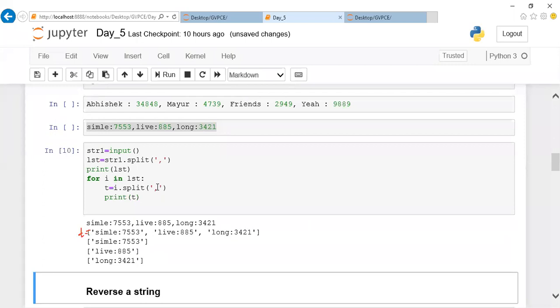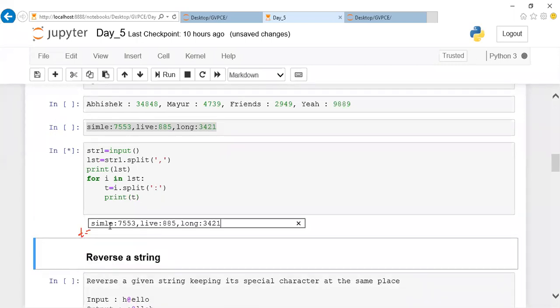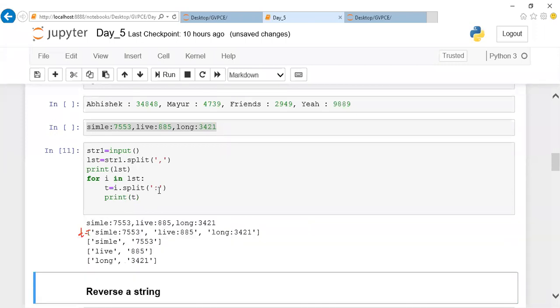Yeah, based on colon, right? Sorry guys, I just executed without colon itself. Sorry. So you can notice that this particular data, I'm going to split it based on comma. After splitting based on comma, I'm going to split again based on colon. So right now this is one list and this list has the 0th position with a string and the first position with the value. So now you can take this T value and you can apply the condition that they have given.